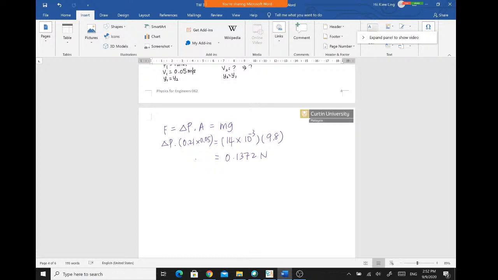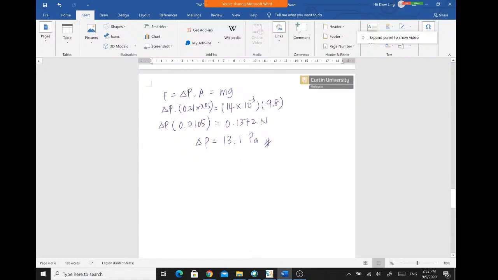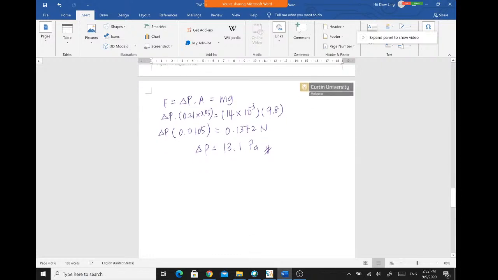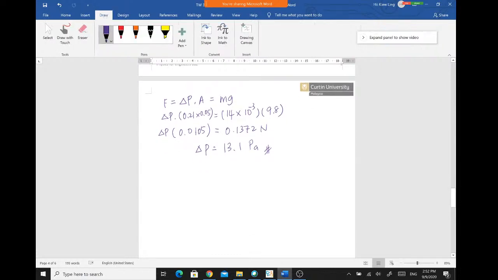So the change in pressure between the 2 points is 13.1 Pascal. Okay, so from our Bernoulli equation,